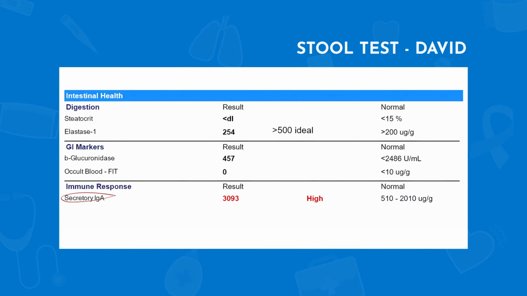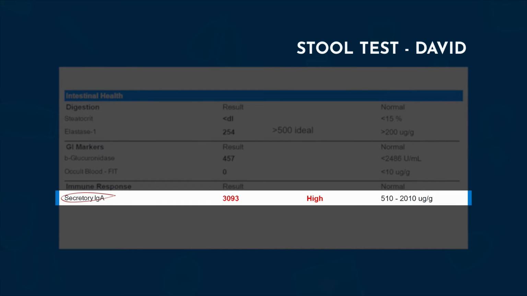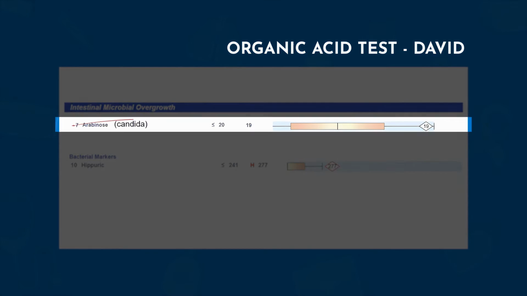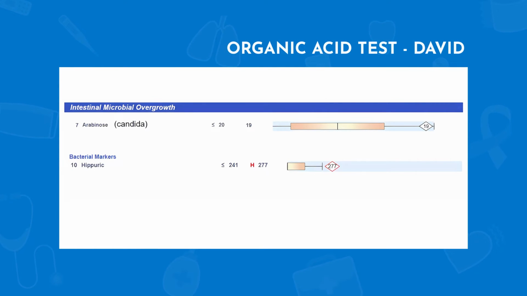And then secretory IgA being high, this is a marker of inflammation in the gut. Again, there are many reasons why this can be, even just not having sufficient levels of butyrate and the things that our commensal bacteria produce for us. His OAT wasn't super significant. Candida was basically high for him. So he had the H. pylori and the Candida. And this is just a general marker for a bacterial overgrowth, so we see it's a little bit high. Most of the information for this patient was on the GI-MAP.